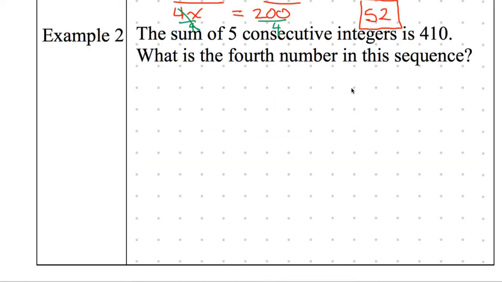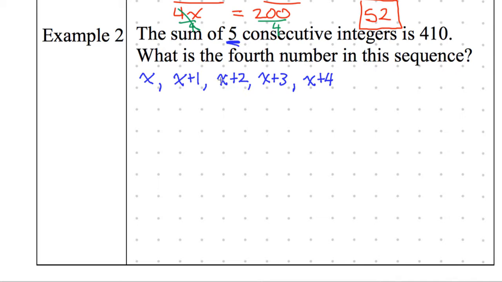We're back. Who wants to walk me through it? It's the same 3 people over and over again. Yeah, Jennifer, do it. X, x plus 1, x plus 2, x plus 3, x plus 4. Is there an x plus 5? No. But it says 5 consecutive integers. So x plus 5? Oh, I was trying to trick you.